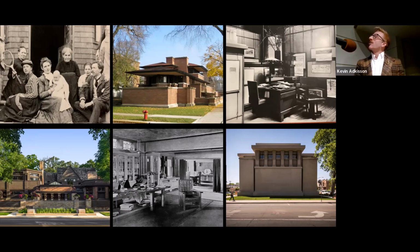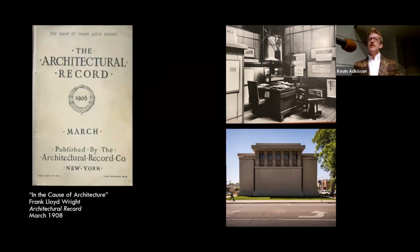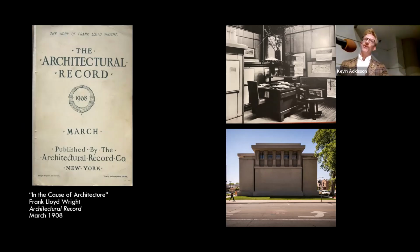Now, 1909 is a critical date because the mood is shifting on Frank Lloyd Wright, but he's also a bona fide celebrity, and he has his first of multiple monographic architectural magazines come out. Here, the Architectural Record of March of 1908, where Frank Lloyd Wright writes an essay on the nature of materials that will become one of his many books, and it features all of the great designs of Wright's career up